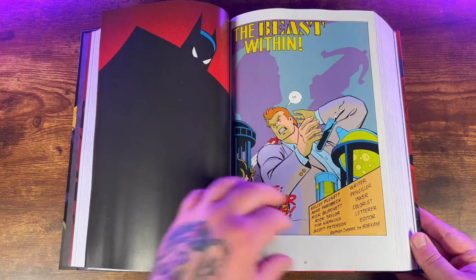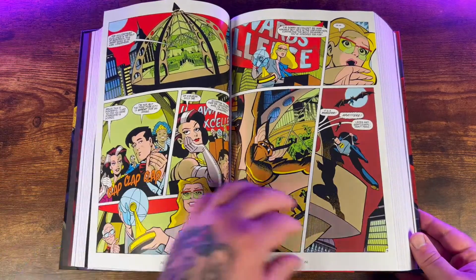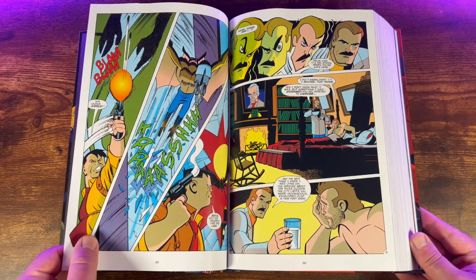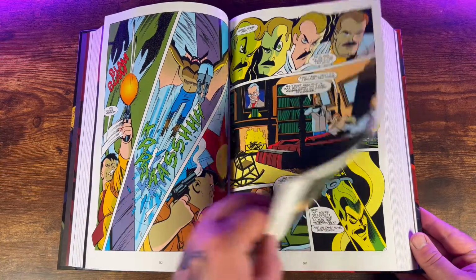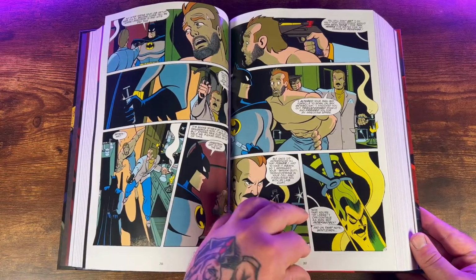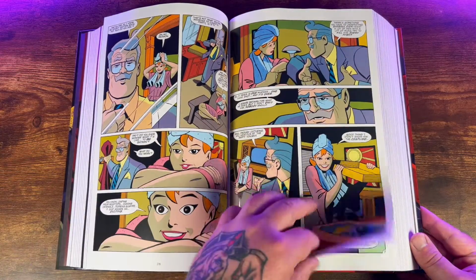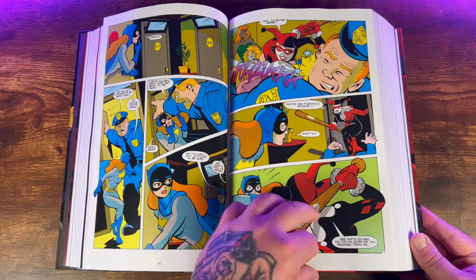The Batman Adventures issue 11 here, The Beast Within, illustrated by Mike Parobeck and Rich Burchett. One of the coolest characters in Batman history, one of my favorite episodes on Leather Wings from Batman the Animated Series, Man-Bat. And then it goes to the Batman Adventures, issue number 12, Batgirl Day 1, which is, of course,